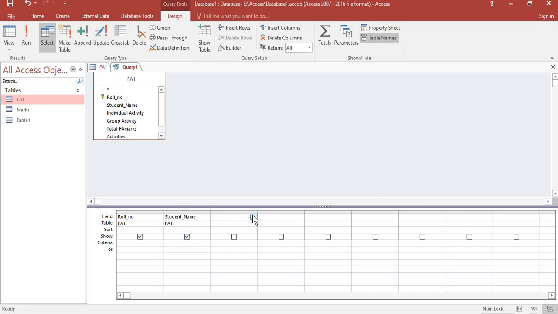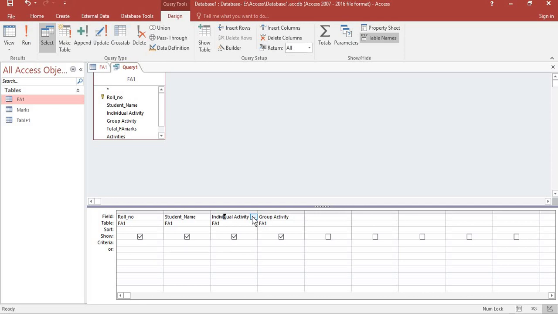I can click here and there will be an option of the fields that are in the table. The next field I want to choose is student name. Then the next option, individual activity. And for the next one, group activity.